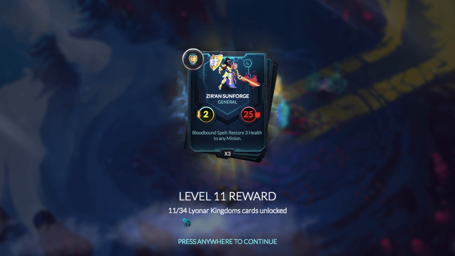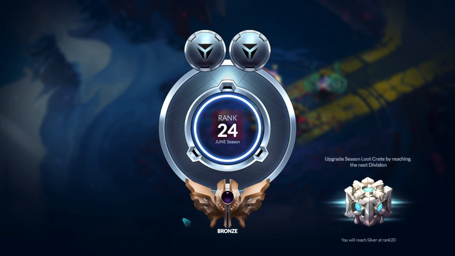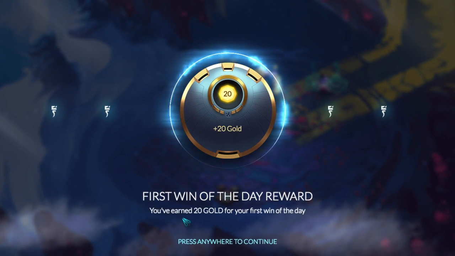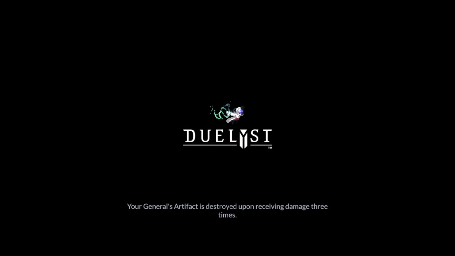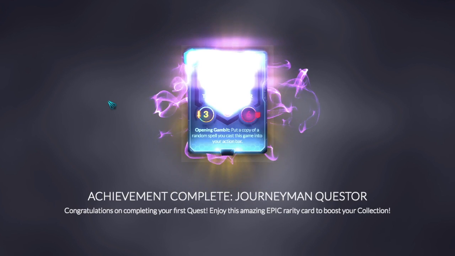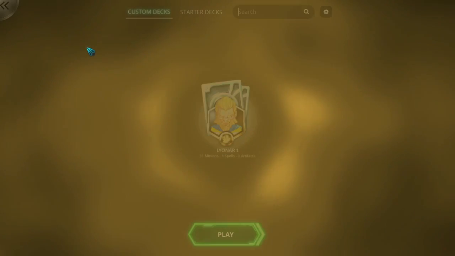We got Zaran, which is pretty good. We can't use Zaran just yet. We do not have the cards really to support her a whole lot. We do not have Trinity Oath. We do not have Sunforged Lancer, Sunriser. And we got a common crate key, which we can open right now. I don't know if we can get Brome. We got Epic Questman. And we got a Twilight Sorcerer,